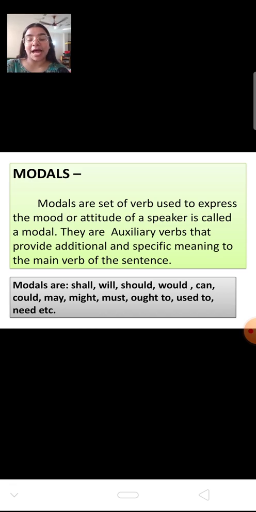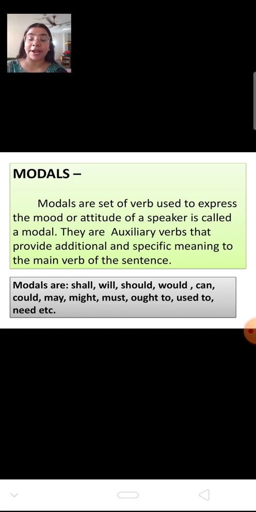At times it happens that we are not able to understand what a person is saying while messaging. Why? Because we don't know the mood, the actual attitude of that person. But when that person is standing in front of us and speaking with expressions, we come to know that he is in a good mood, he's in a bad mood, he has a lot of attitude or not. In the same way, at times we have to use such modals with our verbs that show our attitude, our behavior and our mood, how we are saying this.